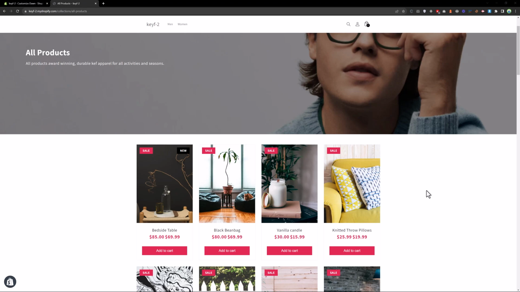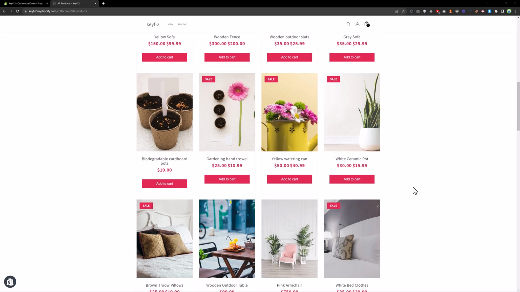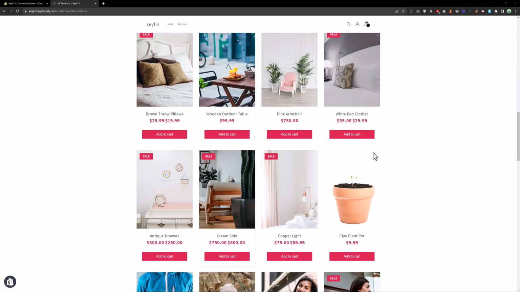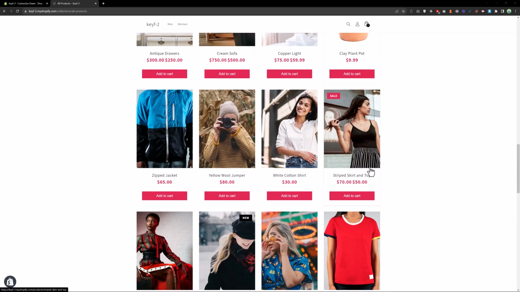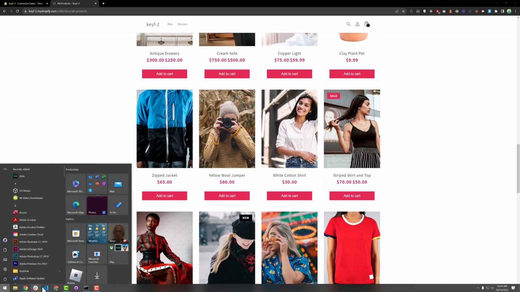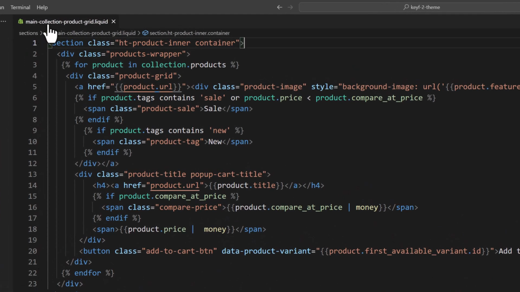In this video, we will learn about Shopify Pagination, how we can add the pagination at Shopify collection page. Right now, if you see, we have many products at Shopify collection page. So let's go to the code and open